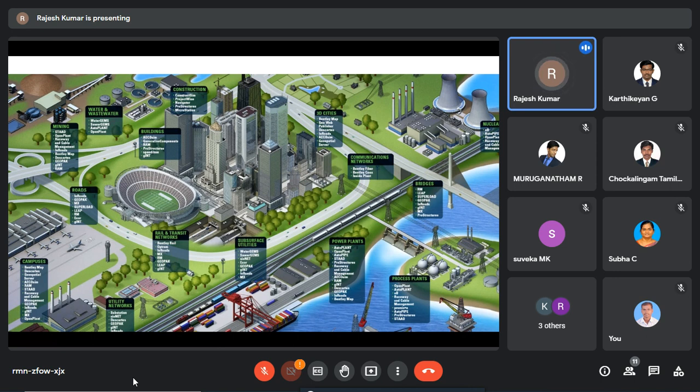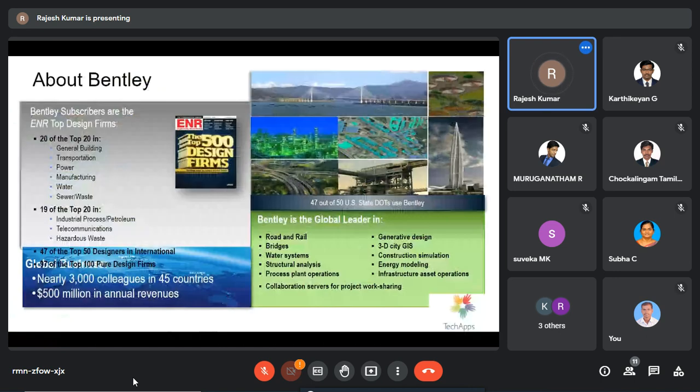We have already completed one session on reality modeling yesterday. Why I have immediately taken up this particular topic is that our ultimate agenda is to give some accolades to students so that they will have some added value. This certification will add value to their profile, and it will help them in their future career seeking. Now, there is no need for an introduction about Bentley. Bentley is now the world's number one engineering software manufacturing company.